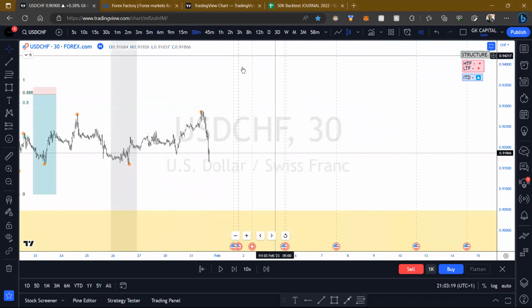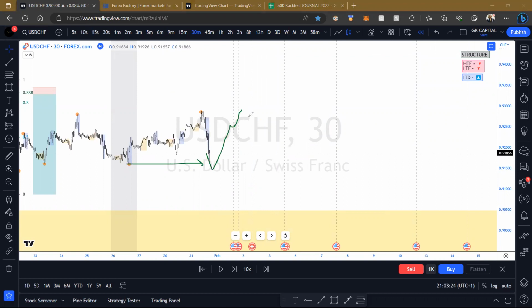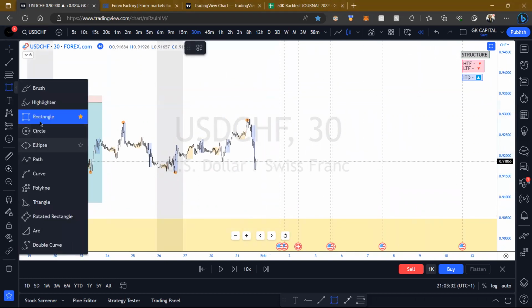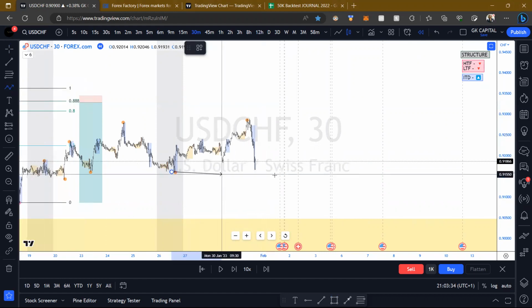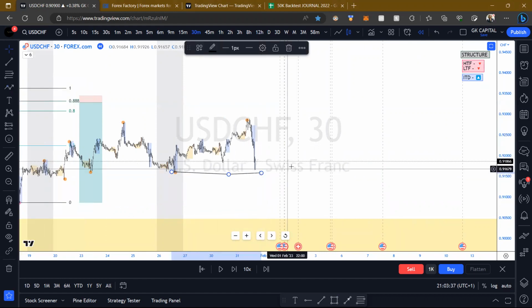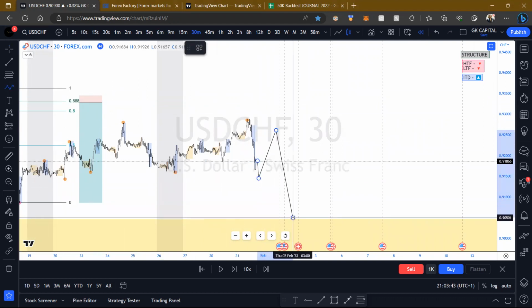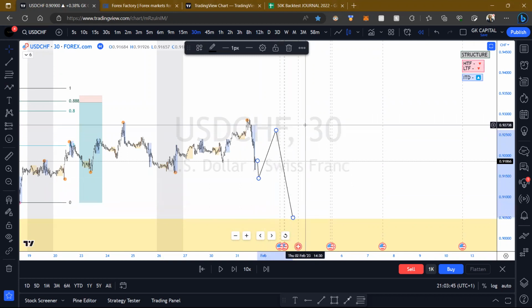Right, and again, we'll be looking for that break and then coming up into there. Now this could very well make sense in the sense of there's two ways. So how I'll be looking at it would be like this. If we could break this low like this and then come back up and then go down, that's the entry that I'll get.